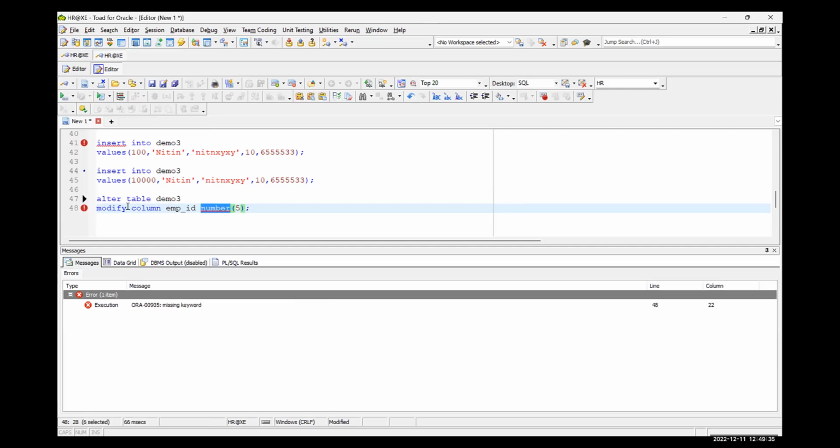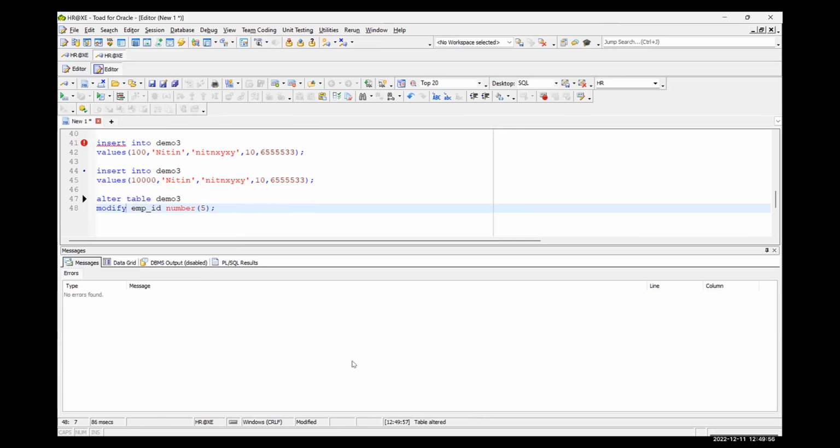Missing keyword. I just forgot the syntax. Modify. Execute. Table altered. So now I altered the size of that column. Earlier it was 3, now I have made it 5.